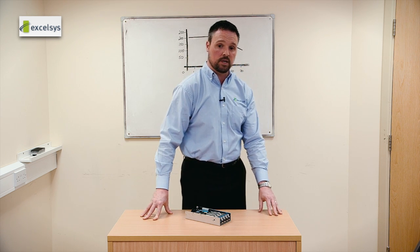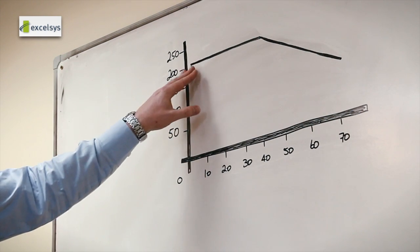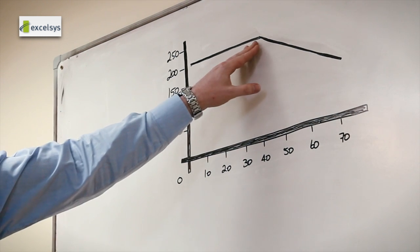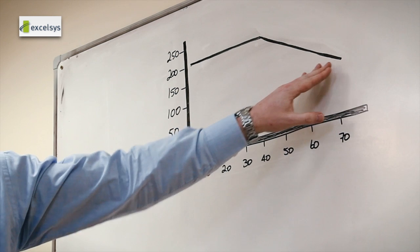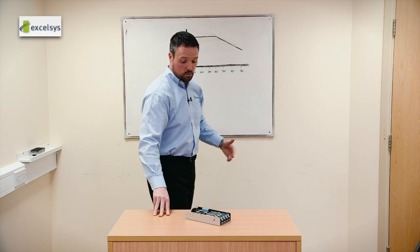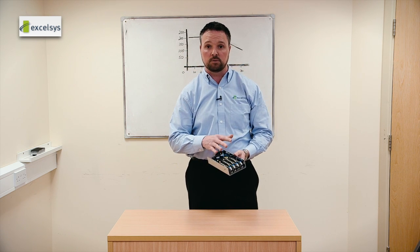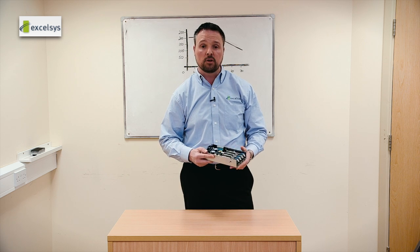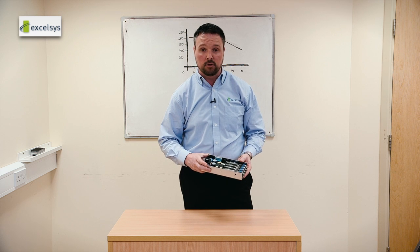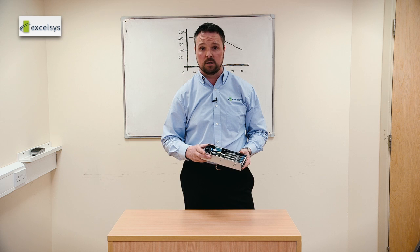The example I show here is the 48 volt power module, which is designed to operate up to 200 watts, up to 40 degrees Celsius, and then we derate from 200 watts down to 100 watts between 40 degrees ambient and 70 degrees ambient. So what's the limiting factor on that? Well, the limiting factor is how hot the individual components get. On the CoolX 600, we do not have a fan. So you can get the full 200 watts out of this device up to 40 degrees ambient